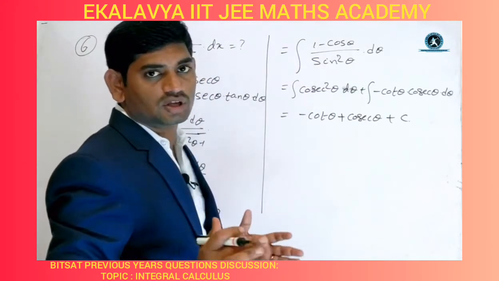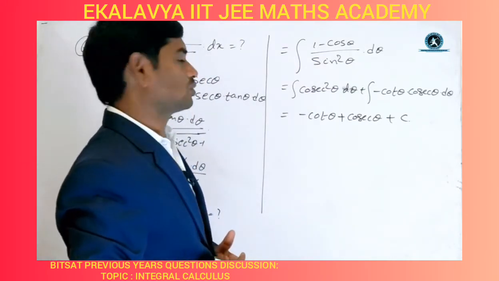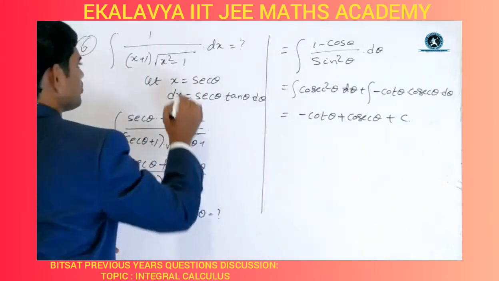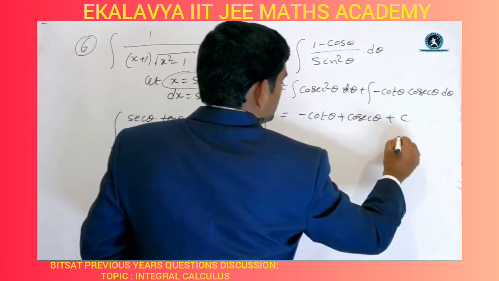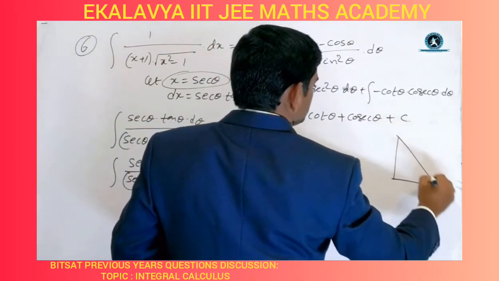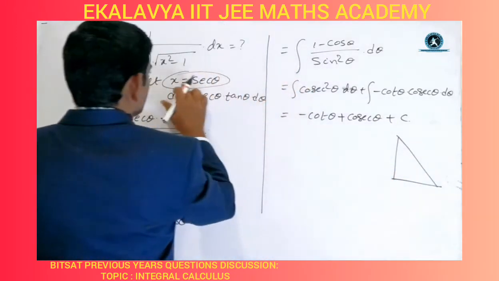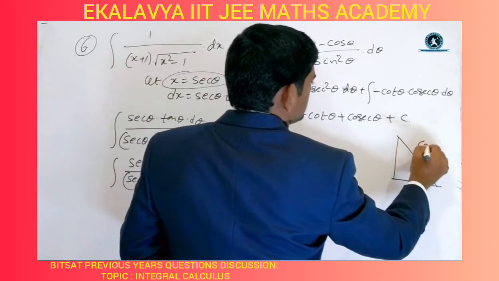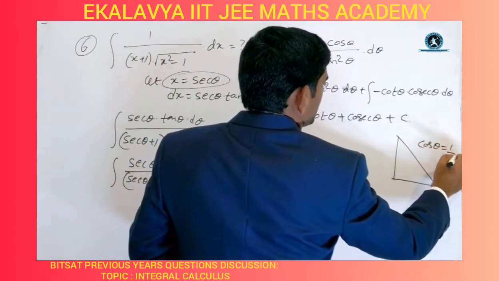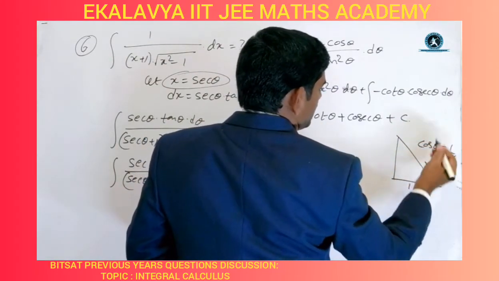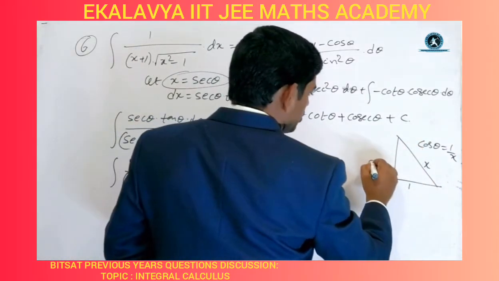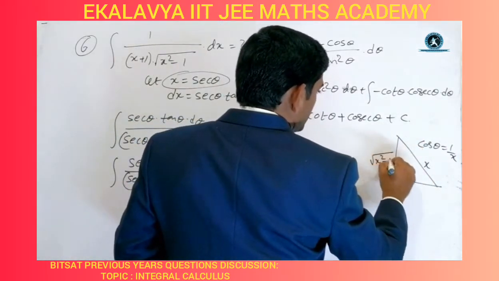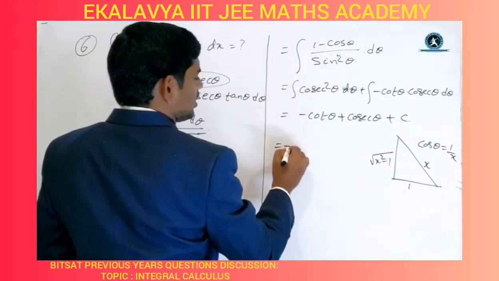Now we have to replace this cot theta and cosecant theta in terms of x. Why? Because all the options are in terms of x only. So how can we replace now? We know x is equal to secant theta, which means cos theta is equal to 1 by x. So 1 is the adjacent side and x is the hypotenuse. What about the opposite side? Square root of x square minus 1. Then minus of